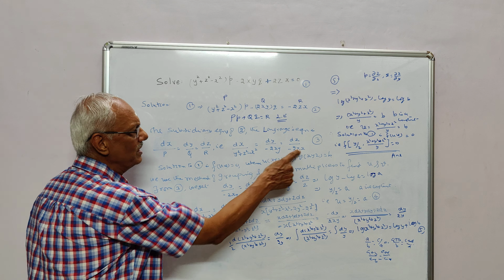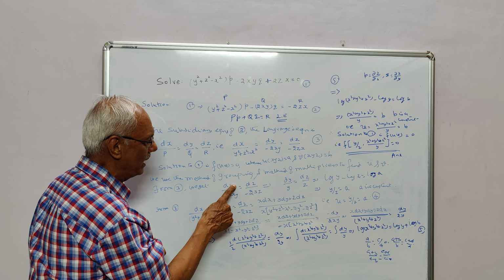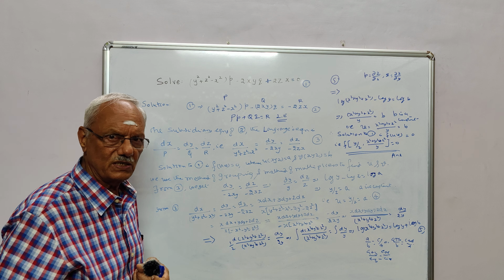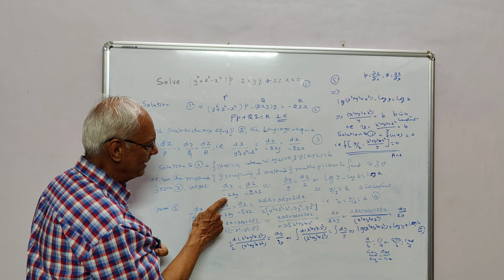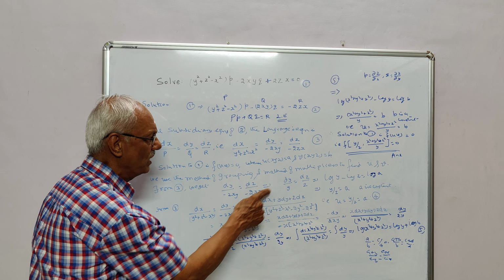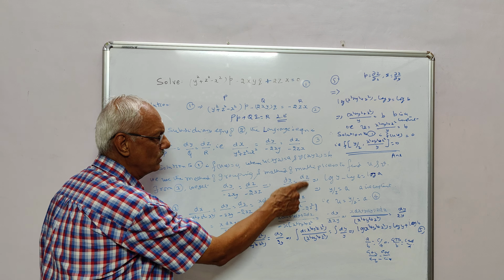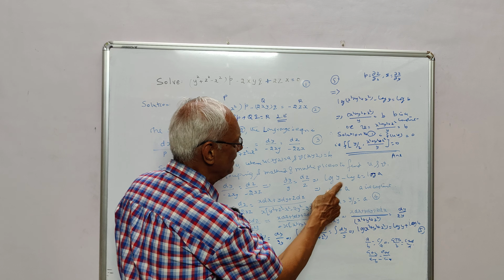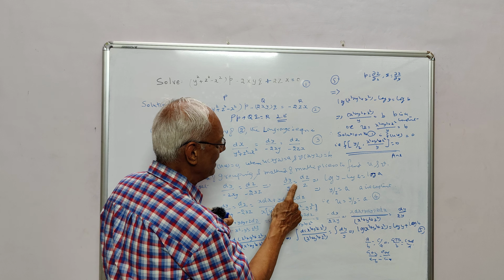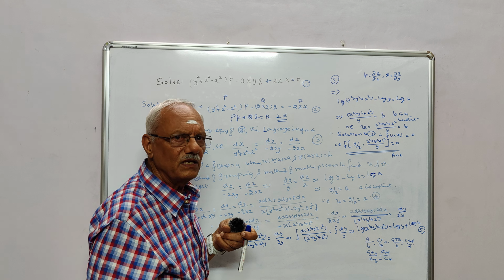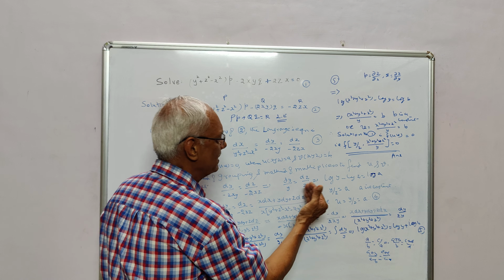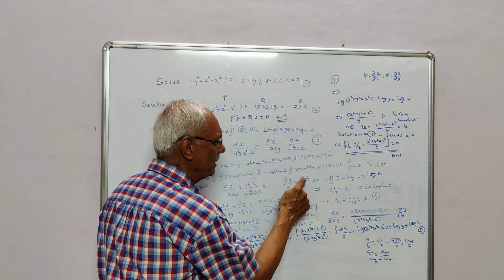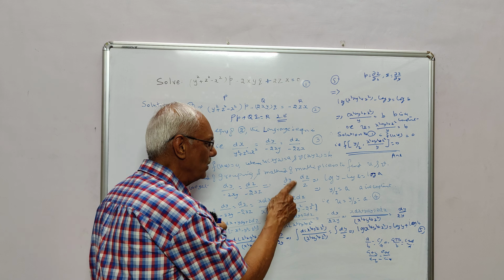Now I group these two. dy divided by minus 2xy is equal to dz by minus 2xz. Now you see that conveniently minus 2x goes off, giving you dy by y is equal to dz by z. And this is nothing but, if you are going to integrate, if you are going to bring it to the other side, whatever you want you can do. What I will do is, dy by y is equal to dz by z means, if you integrate,